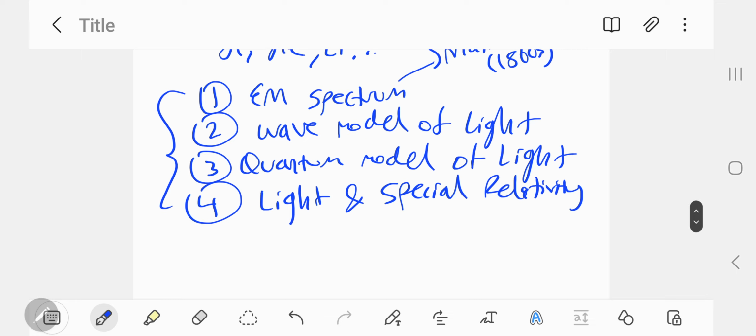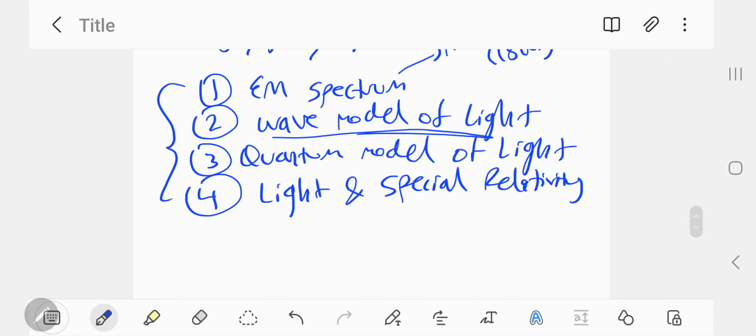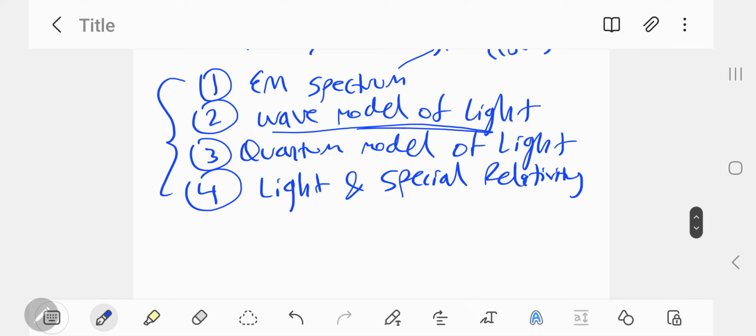We'll then go on to look at the wave model of light in terms of Huygens' idea. Christian Huygens was a Dutch scientist who lived in the 1600s, and he came up with the wave model. We'll also look at another model, the particle model of light, also known as the corpuscular model of light, proposed by Newton in the early 1700s. And we'll look at other properties of light, things like diffraction and interference, polarization of light as well, looking at